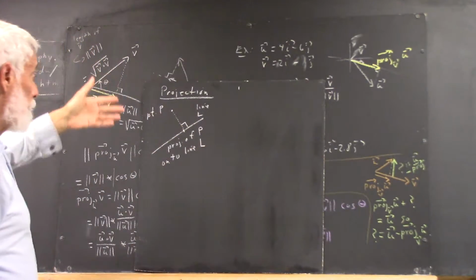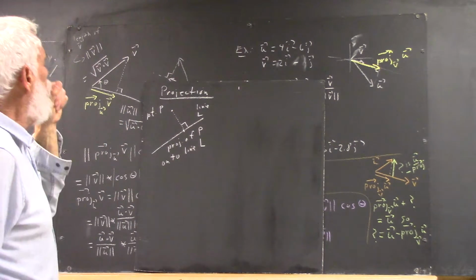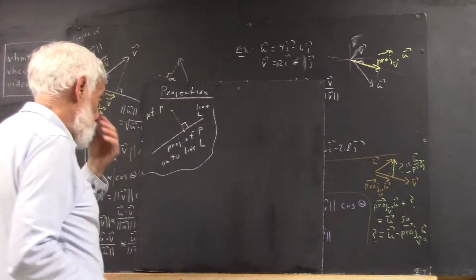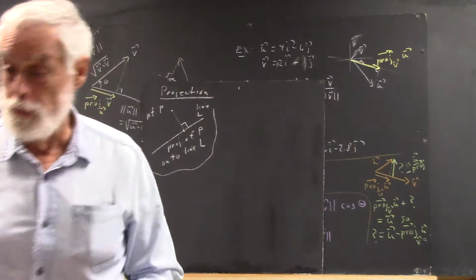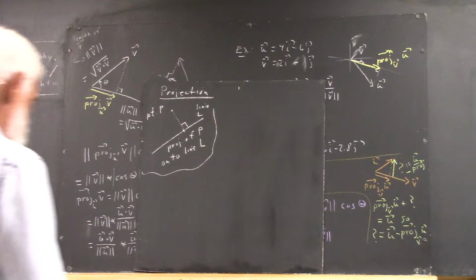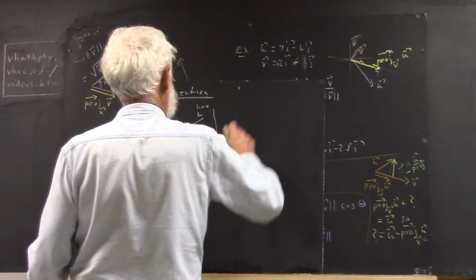Okay, well, that's a projection of a point on a line. And that's a very important idea. But now we want to project one vector onto another. So if we have two vectors, let's say we have this vector,